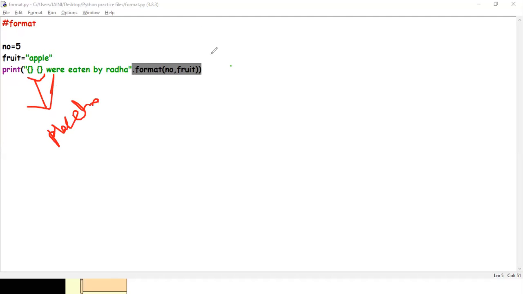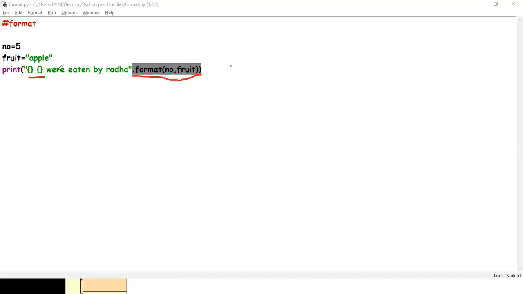You got the idea, correct? These are the placeholders. These two are the placeholders, and this is my dot format function, and this is the string I want to display.